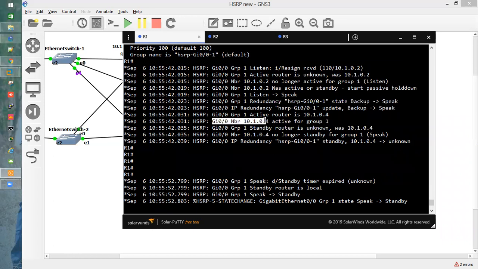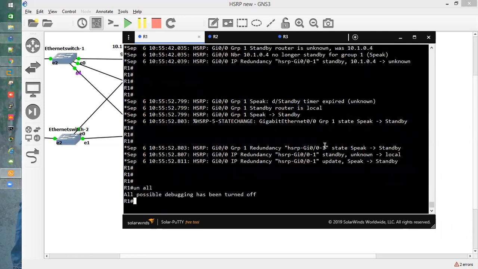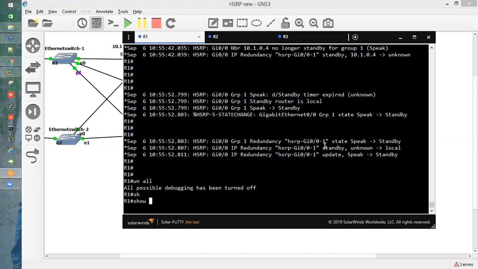Here we can see 10.1.0.4 has become active, and let's verify. That means the local router is the standby one.